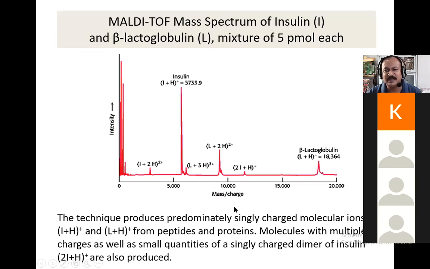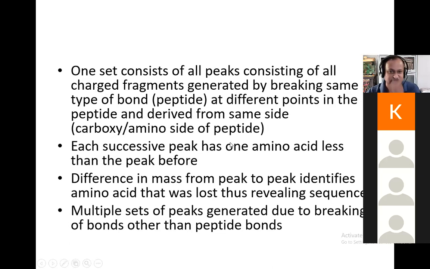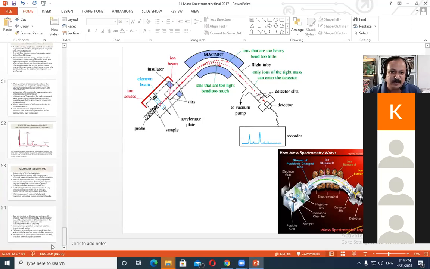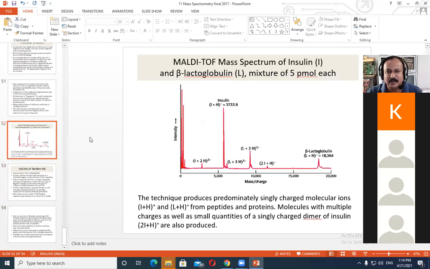So this is again an example I have already shown you with the help of the methanol example, so I will skip this. I have told you about the tandem mass spectrometers, so that also I'm going to skip now. And I think that is the end of my presentation. Okay, so that completes this topic on mass spectroscopy.